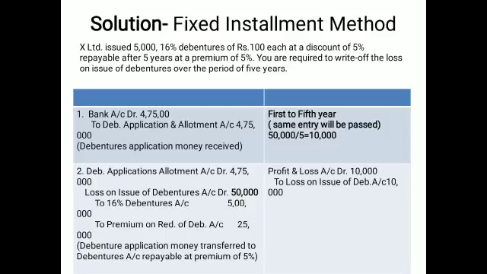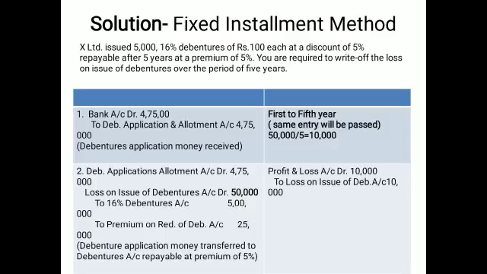Here I am telling how to write off the discount. I am focusing first on the value to be calculated by observing the conditions. Two conditions are applied here: discount on issue and redeemable at par, or discount on issue and redemption at premium. Now you may see the total value is 50,000. The number of years is given as 5 years. The debentures are redeemed at the end of the 5 years. So divide the loss of 50,000 by 5.